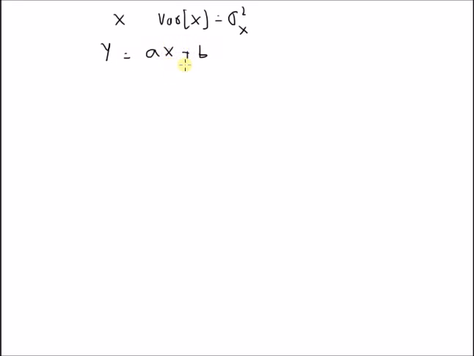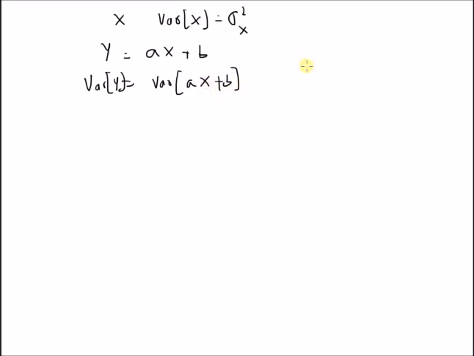This kind of model is very common in signal processing applications. So we know that the variance of the hidden random variable x is given by sigma square x. Our goal is to find the variance of the random variable y, which can be the measurements. So variance of y is equal to the variance of ax plus b.